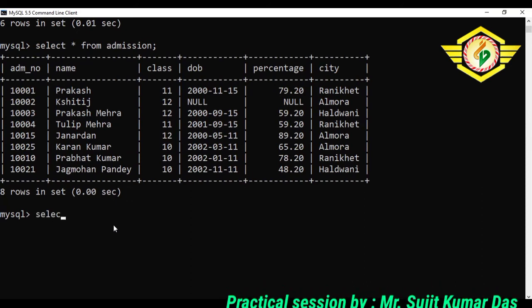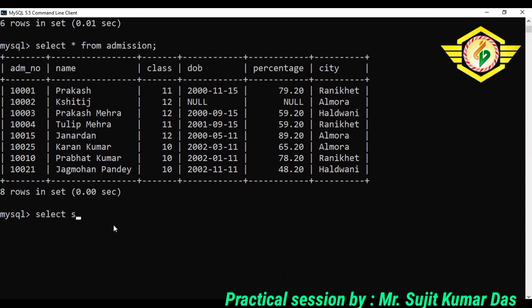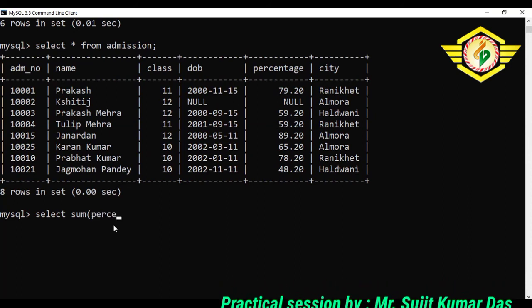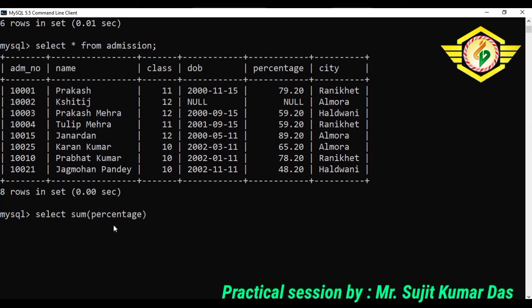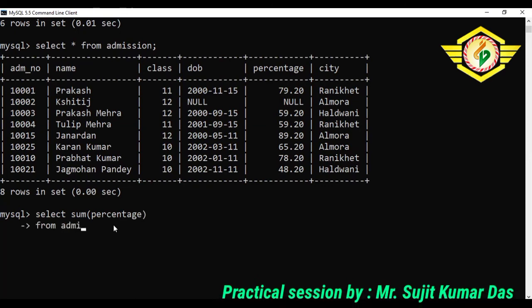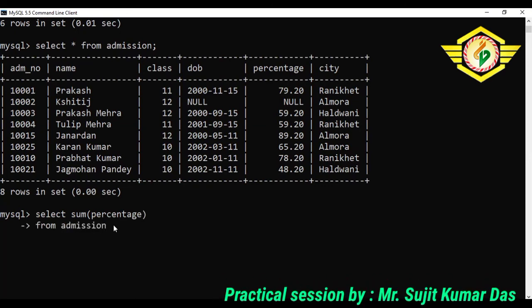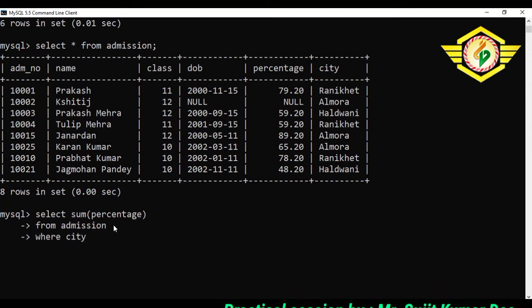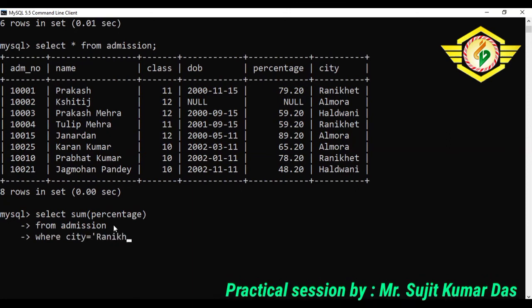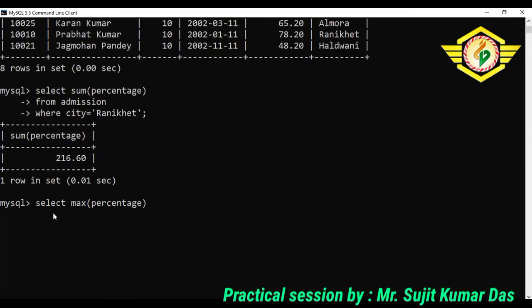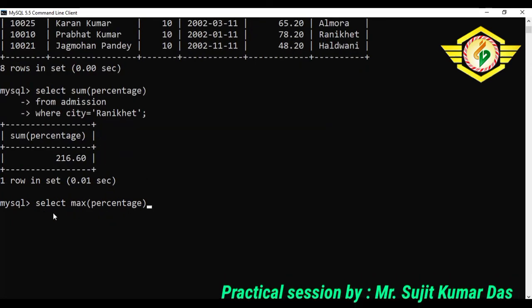So let's start with sum. Select sum of percentage from admission. Let us put a where clause in it, where city is equal to Ranikhet. I am writing the commands in a single line.